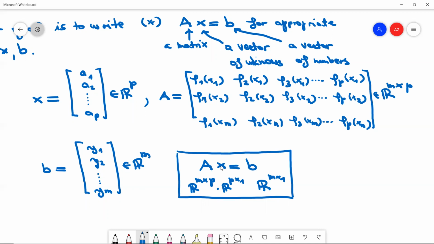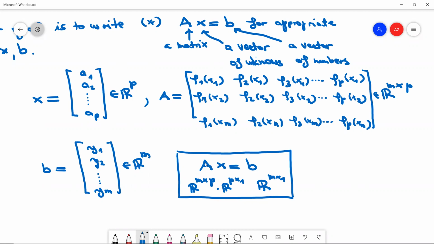It can also happen that the other case is true. So it could be that we had fewer equations than unknowns. In that case, this system would have more columns than rows, and it would be called an underdetermined system. And from now on, we will see how to solve such a system by the method of generalized inverses of